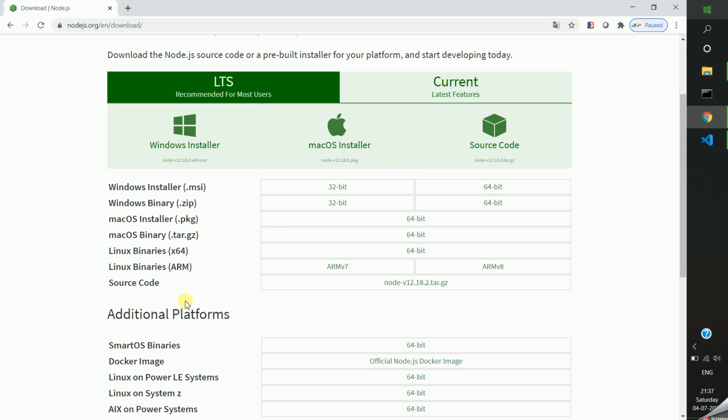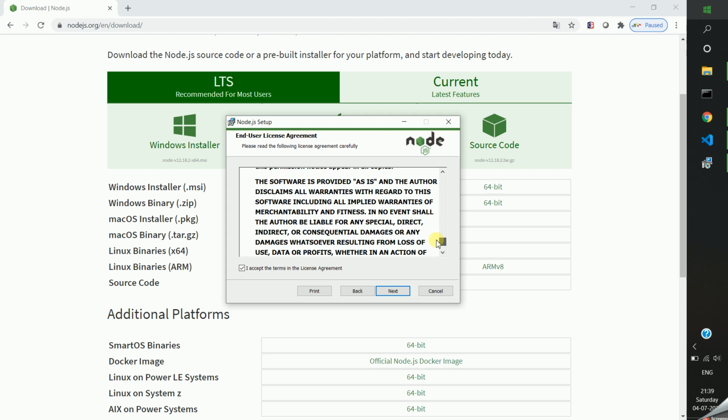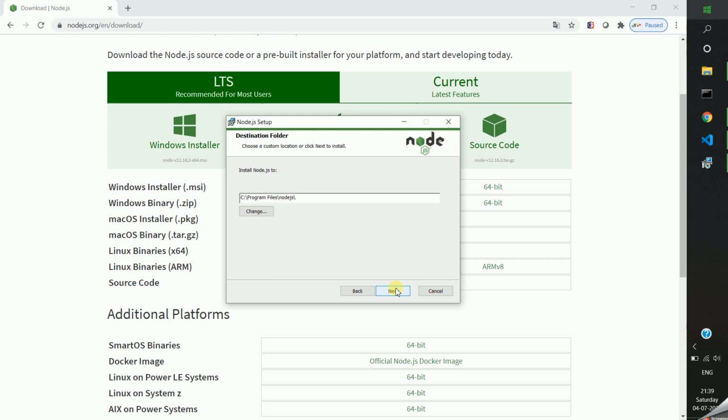Here it has multiple platform packages. You have to download the package for your platform. Just download it. The download is completed. Just open the download. Just click next. This is the end user license agreement. I'm clicking accept. Mostly we won't read this. Actually, we have to read this. Most of the time it talks about the licensing part of the particular package.